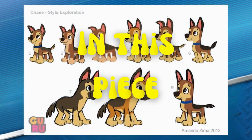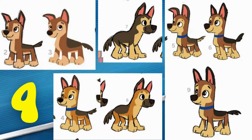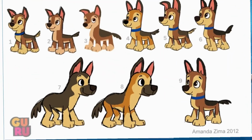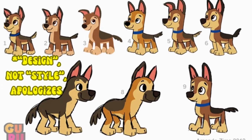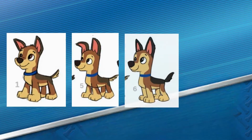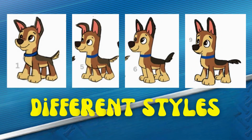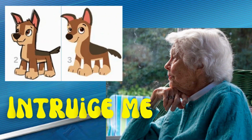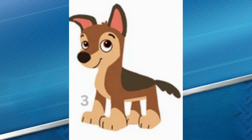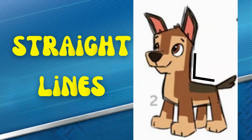Here in this piece named Chase Style Exploration, we see Chase with 4 different patterns in various styles. 7 is the closest to his current design, but the only version in that style. 1, 5, 6, and 9 are all the same designs but in different styles. Same goes for 2 and 3. These 2 intrigue me the most. The style of 3 looks similar to the 2010 Pound Puppy cartoon, while 2 is full of straight lines and